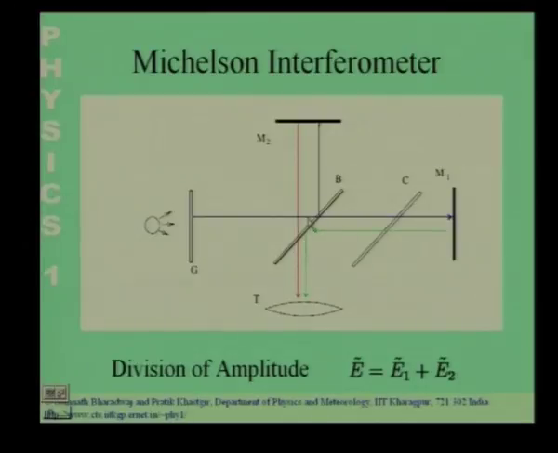These two wave fronts traverse two different paths along the two different arms of the interferometer. So, this is one arm of the interferometer, the transmitted wave travels along this arm, comes back and then is reflected into the telescope. The reflected wave propagates along this arm, it goes up and then is reflected back, passes through and again is collected in the telescope. So, we have